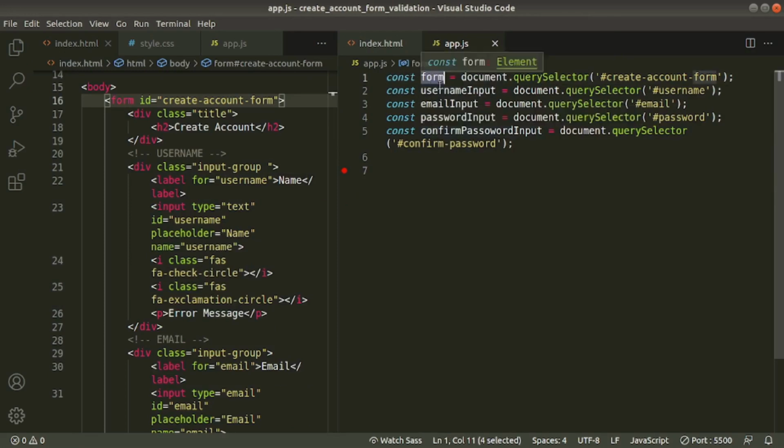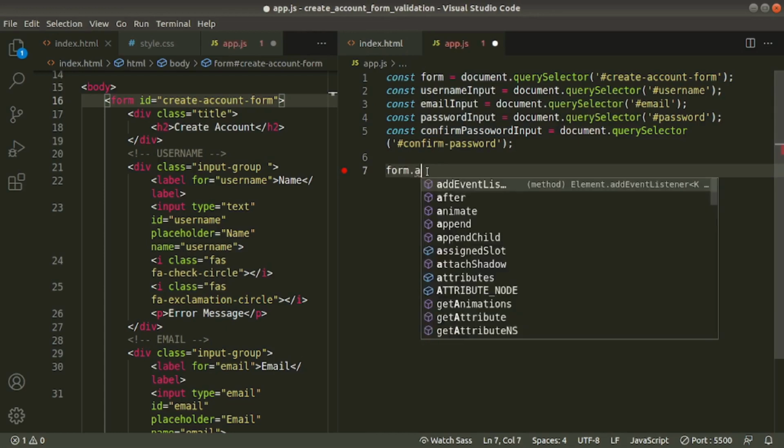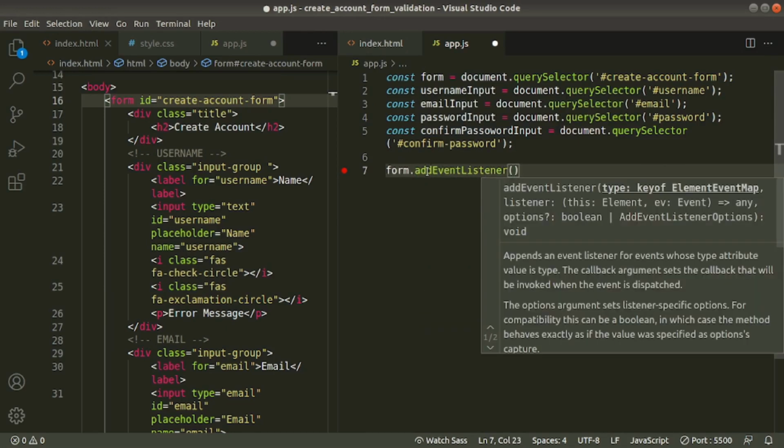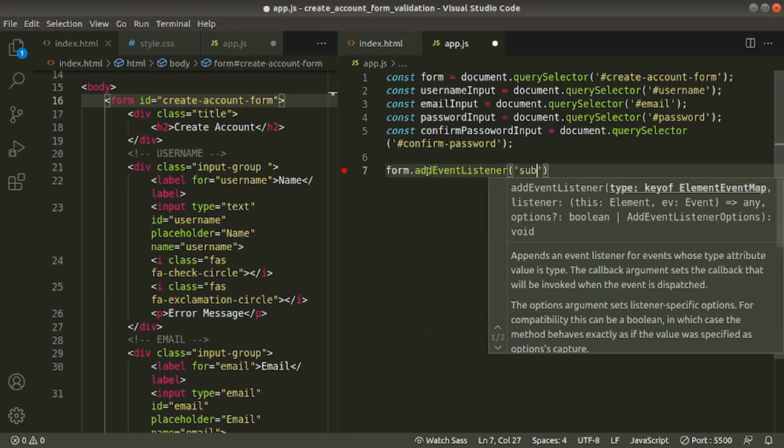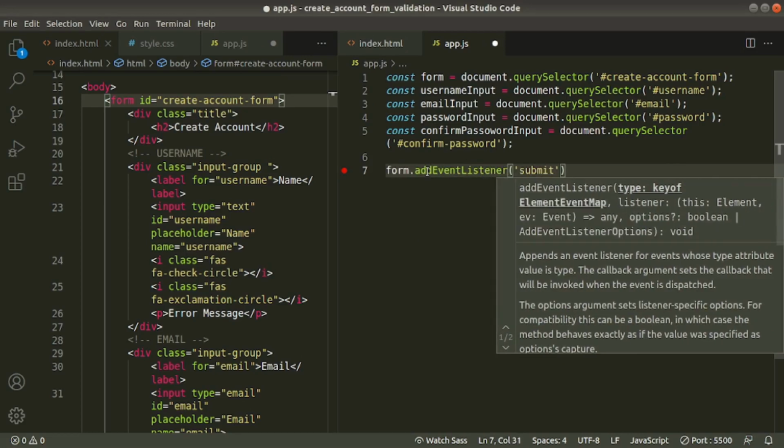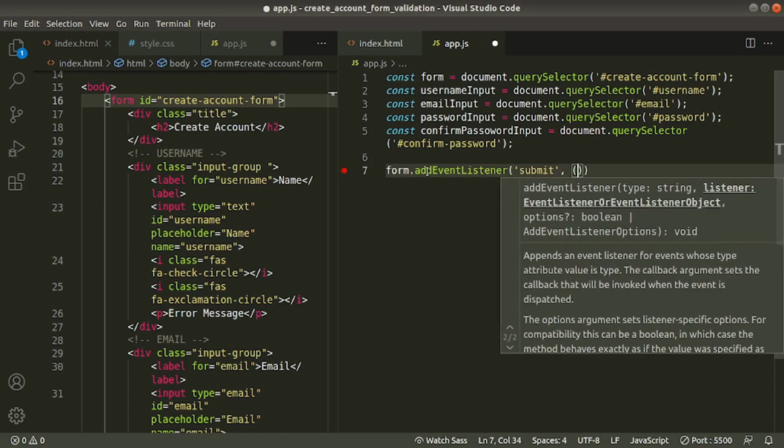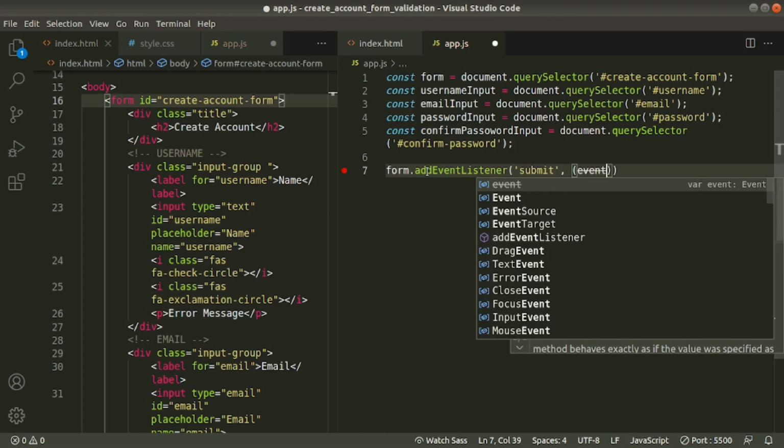First we'll write the form on submit event listener. For that, form dot addEventListener, event is submit, and write a callback method, take the event object.